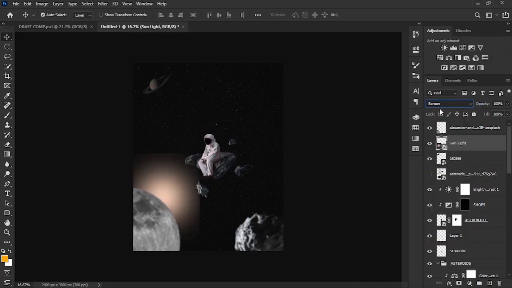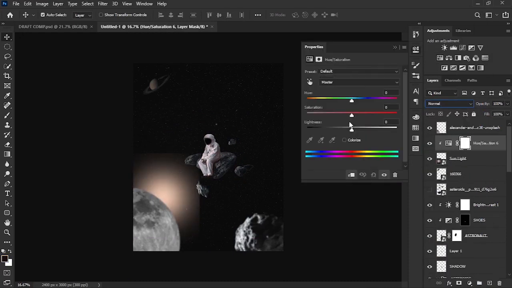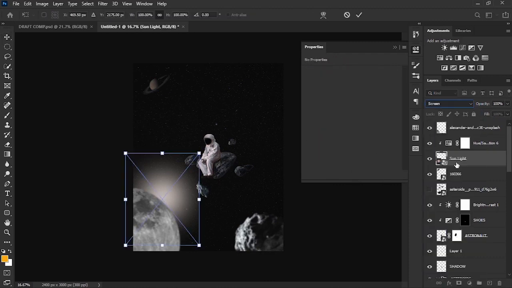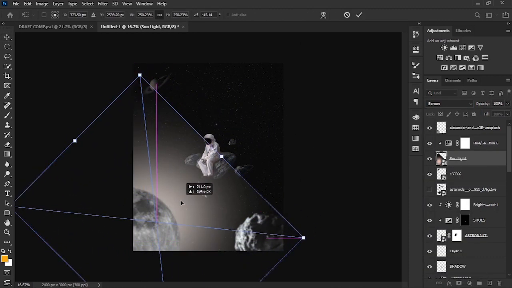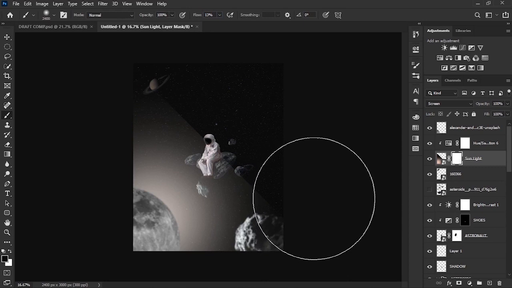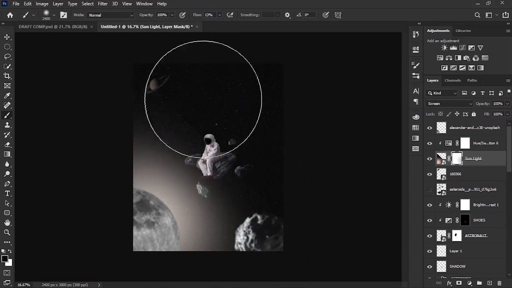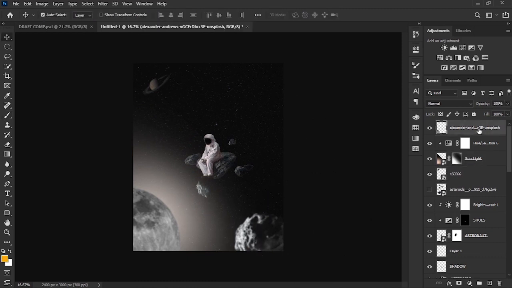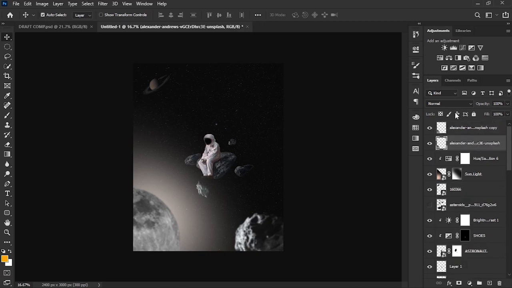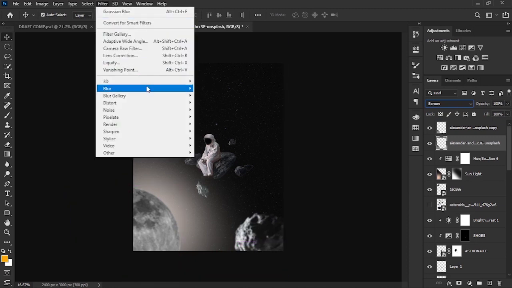And then I inserted this sunlight, it's a PNG, then we change it to screen to eliminate the blacks. Reduce the saturation also, and then resize it. And then simply use a soft round brush tool with the flow of 17% and then paint it slowly until the hard line disappears. For the glow, what I'm going to do is duplicate the moon and then Gaussian blur it because it will give a halo, a glow effect.